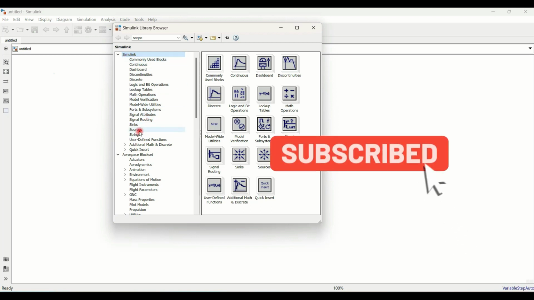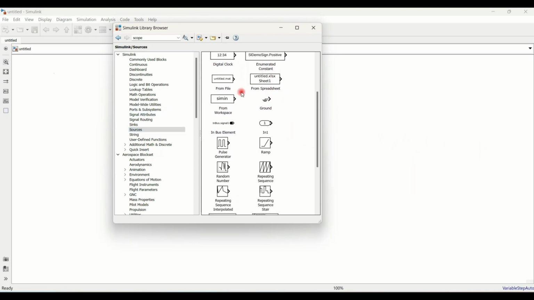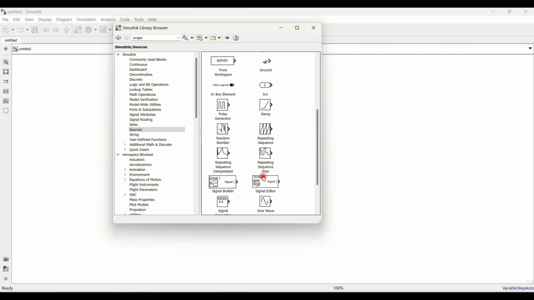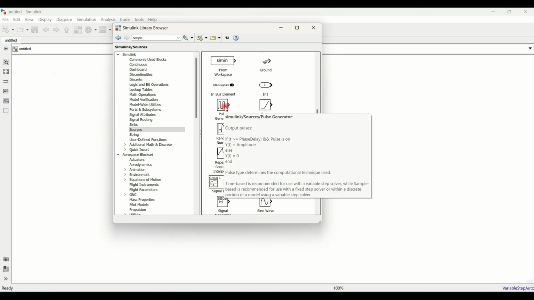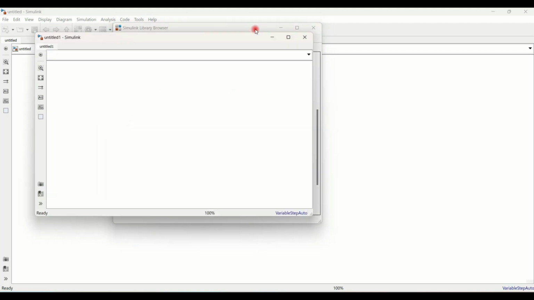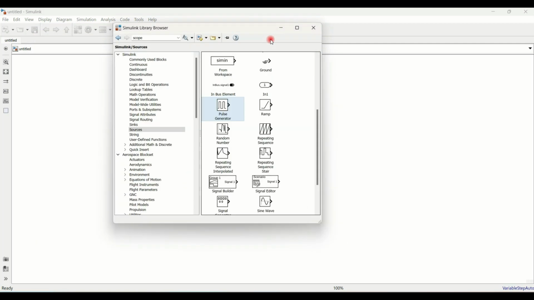We have to click that, then Sources. We can see the various source blocks on the right of this window, and we have to click. I will drag it. You can drag it and drop it here and it will be accepted. Otherwise we have to click and add the block to the new model. You have to click that, and it will be added to the new model. Okay, this is a new model where the blocks will be added. So we can click and move it anywhere. I keep it here, and the next block I have to add